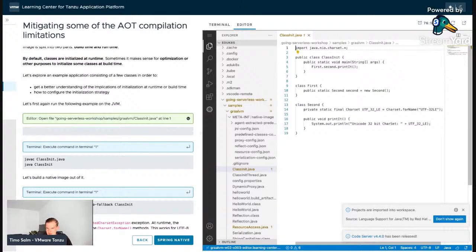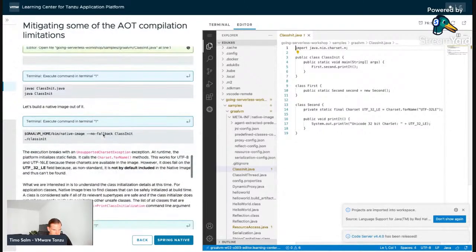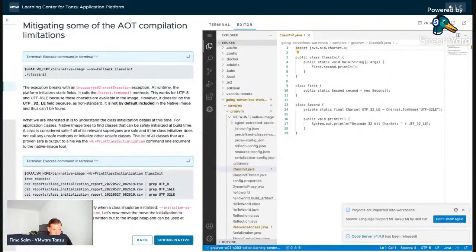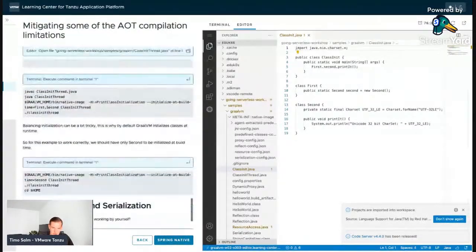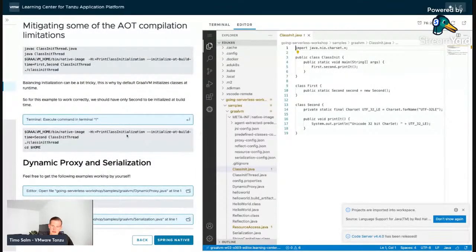There's only UTF-16 and one other, UTF-16LE, and UTF-8 is part of it. So those are the parts that it always compiles in, and therefore it's not able to find that. But if you configure the initializer of that second class as build time, then it's able to find it, because it knows, okay, I have to include that. As said, I will provide that configuration and source code here,